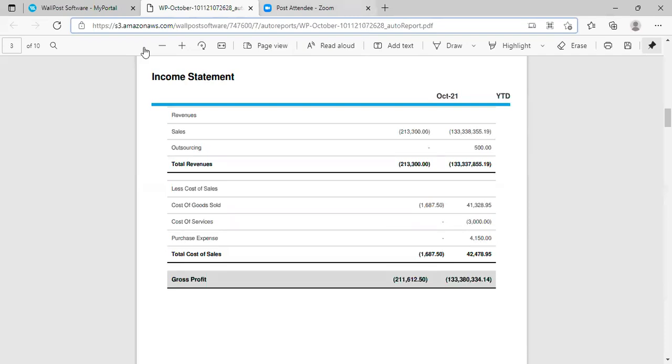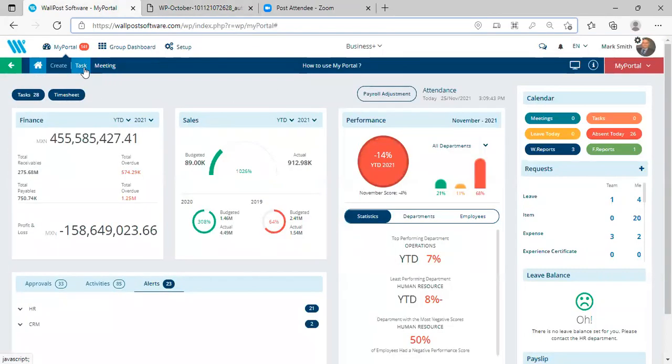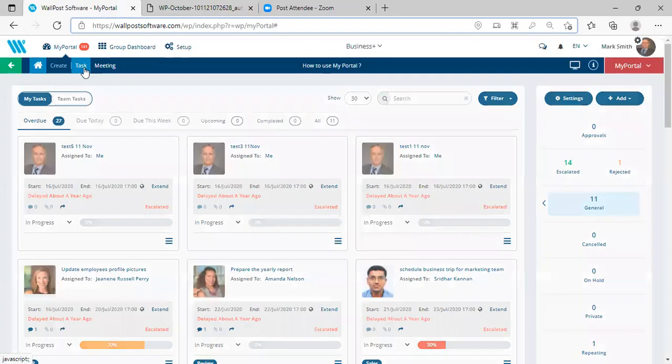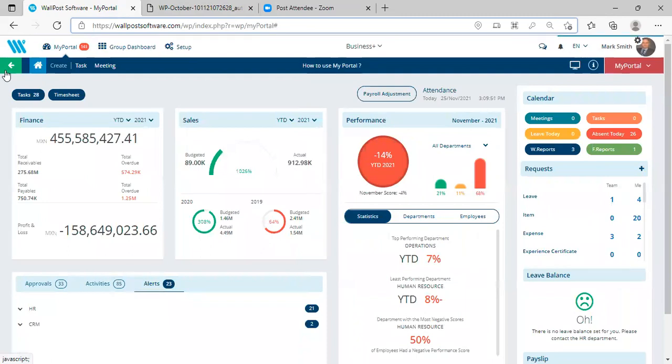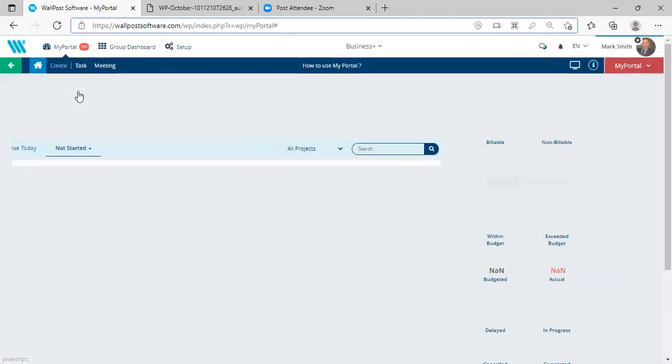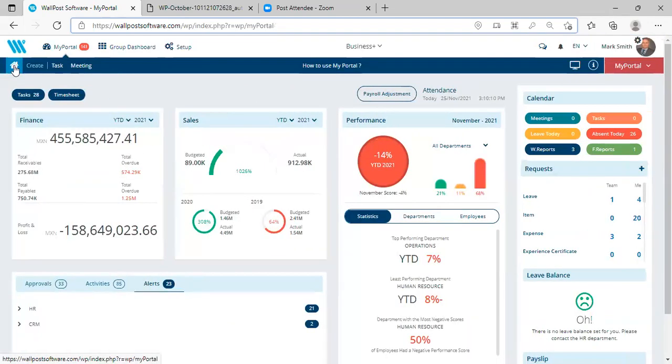Now, in this screen, you can also set up meetings. You can also set up tasks. You just have to click on it, and then I can set tasks for myself or set tasks for my team in a very simplified form. I can also approve timesheets for the tasks my employees are doing, and I can see if there are any activities which are billable and non-billable from this screen itself. So in one single click view, I can see the entire performance of my company.